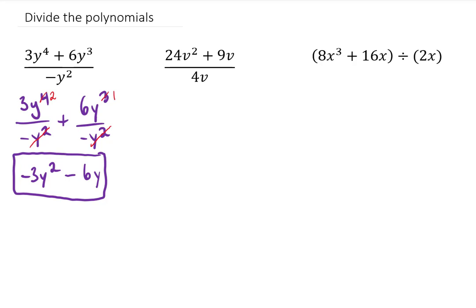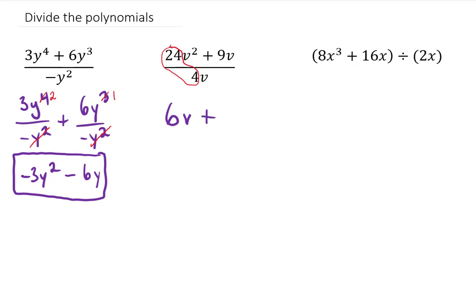Okay, let's try the next one: 24v squared plus 9v all over 4v. Now I'm going to do the same thing I did in the last problem, distribute the division through the addition, but I'm going to do this in one step instead of two. The way I'm going to do that is by observing where the cancellation is coming from. So here's the 24 over 4. What is 24 over 4? Well, that's 6. And then we have a v squared over a v, which is going to leave us with one single copy of v,